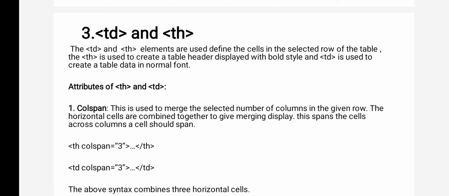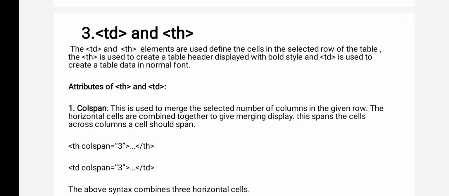In a table, the first row is where you want to maintain the heading for the remaining rows. Then the first row is called the heading row. Heading rows are created by using the TH tag.